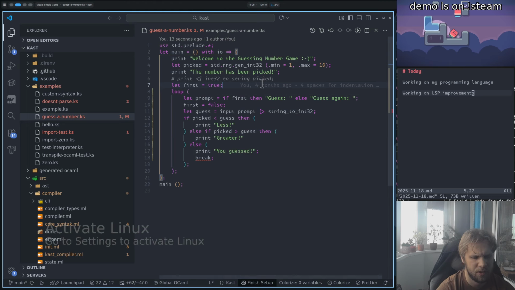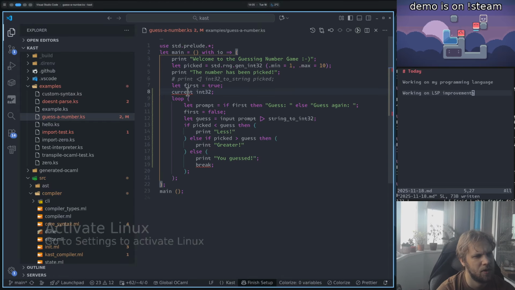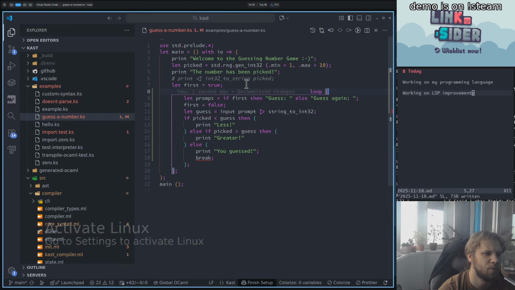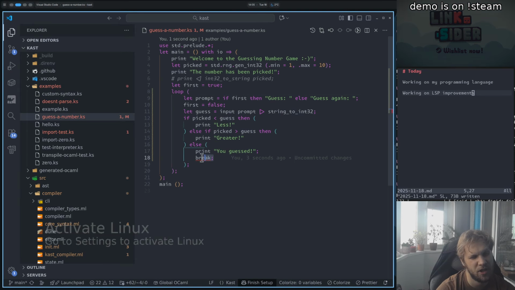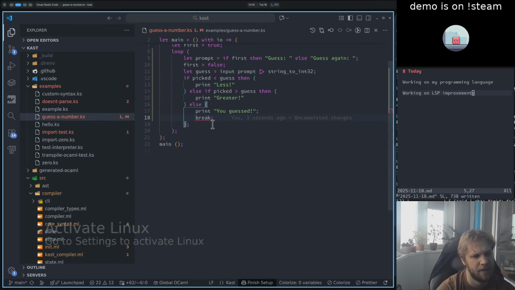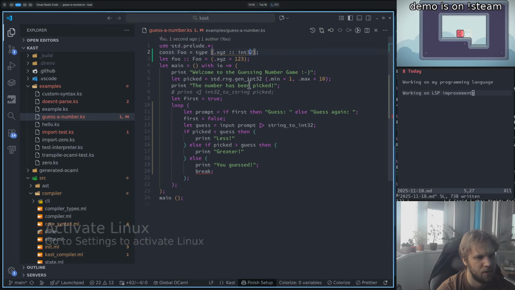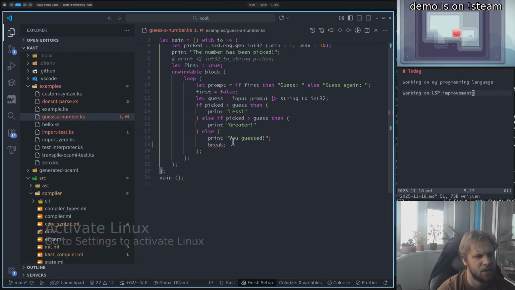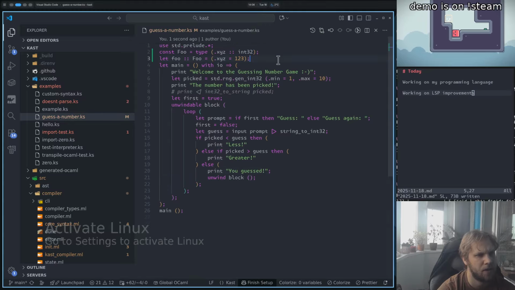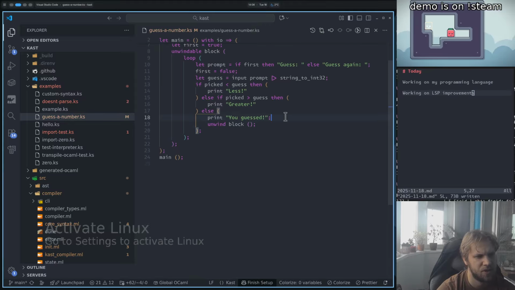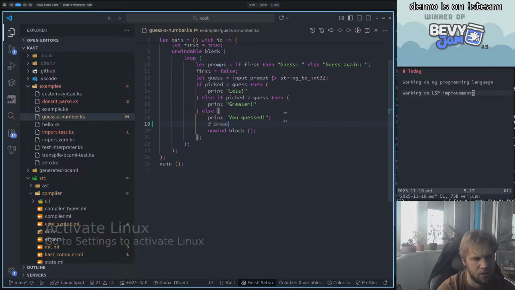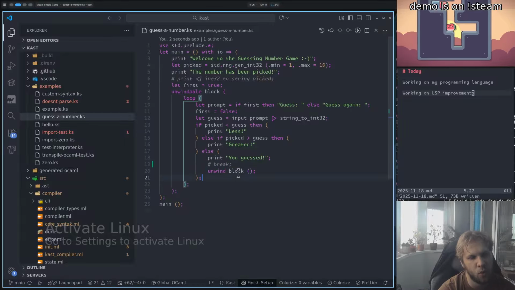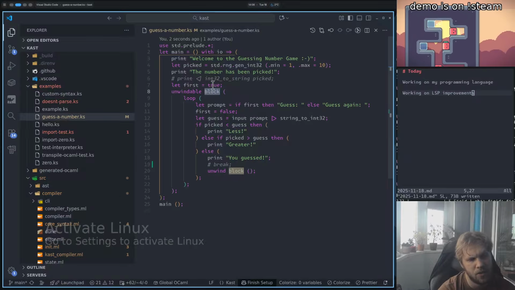Wait, do I have the current int32? I could not find current in the scope. Okay, I don't have the context though, because what this loop is supposed to be rewritten into, the break is supposed to be just syntactic sugar for the code, which still uses unwindable blocks, right? Like this. So this should just be break, right? And break would mean unwind to this block. But how do we know which block to unwind to, right? So for that,